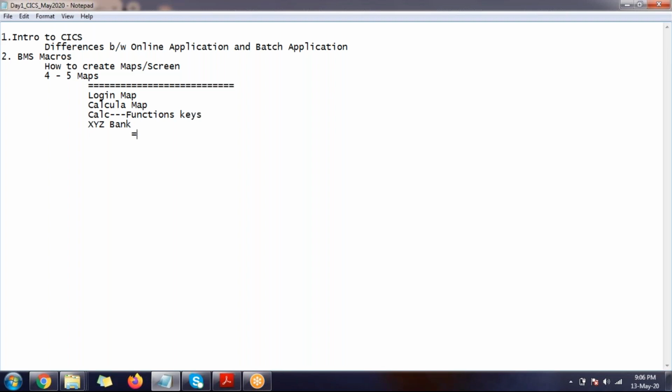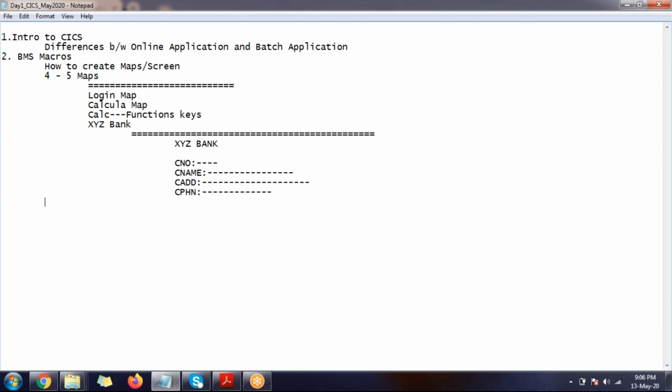We will take a real-time scenario here: employee XYZ bank, with the customer number, customer name, customer address, and customer phone number. If you are able to do these 4 fields, we can mention other fields also.